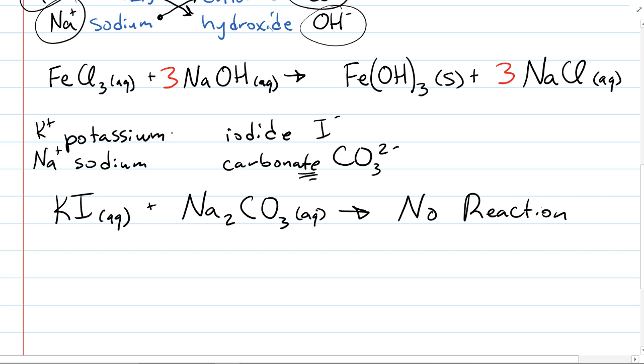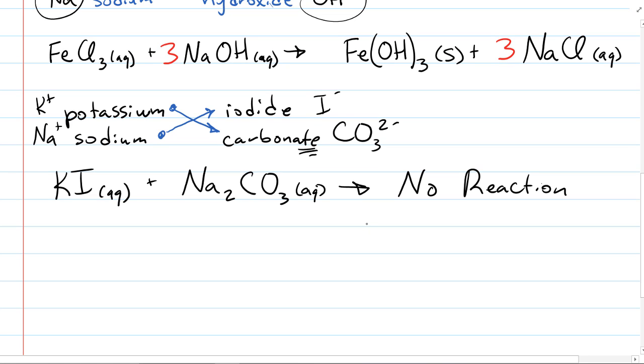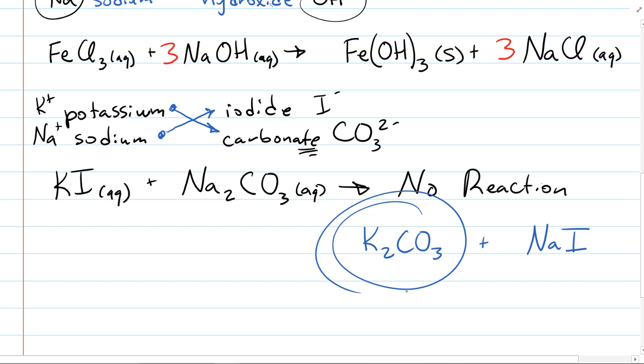So if we had done that, potassium would have paired up with carbonate, and sodium would have paired up with iodide. And had we done it, the products then would have been potassium carbonate, which would have been K2CO3. The other product would have been sodium iodide, which is NaI. If we had then gone from here to look at what the phase labels would be, we have potassium